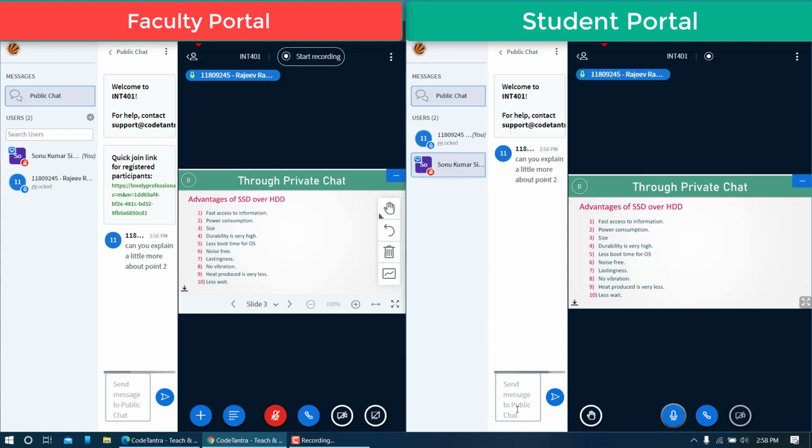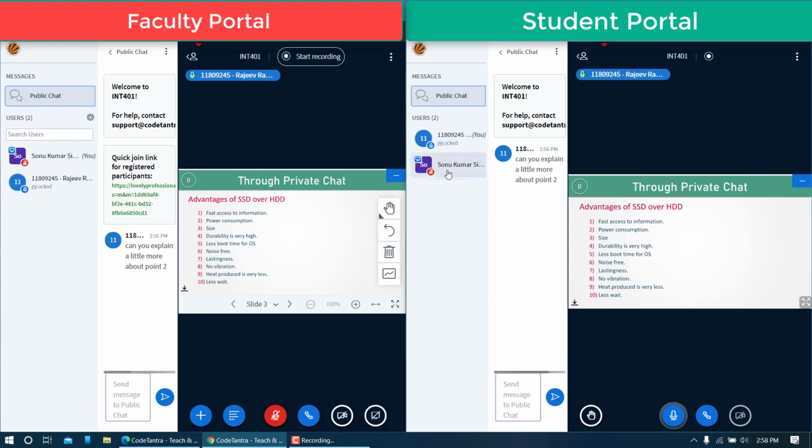In some cases your public chat will be disabled, so the only way to interact with the teacher in that case will be this method, by starting a private chat. Now the question is, how will you identify who is the teacher and who is a student in this list? Whenever you see a rectangular icon in front of a name, that is a teacher account. An account with a circular icon represents a student account.